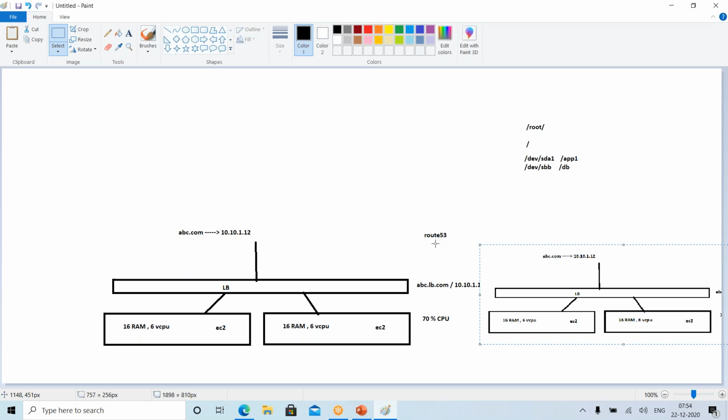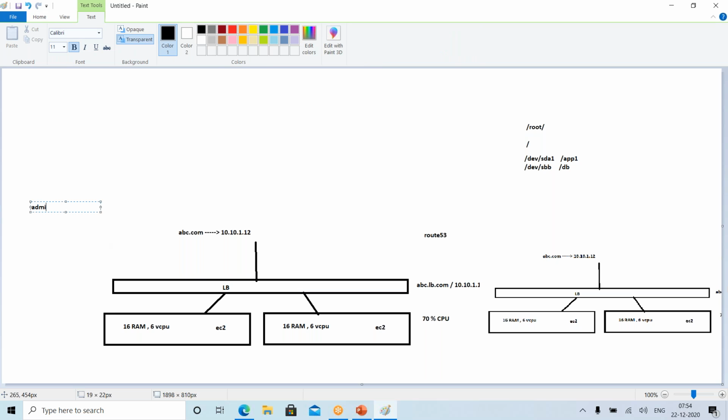As I mentioned, there are multiple services like Route 53. Let us assume there are multiple teams: an admin team, dev team, and testing team. For the testing team, they don't even need to start and stop the instance. They just need read-only access. And the dev team will be able to spin